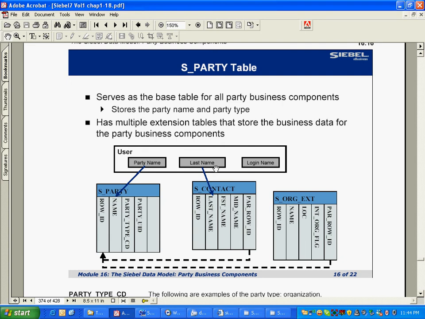An interesting thing to be noted is that contact table and party table will be having a one-to-one relationship. For every row in party, there will be one row in contact. There is a one-to-one relationship. For every row in contact, there is a row in party. Can we implement these as extension tables of each other? No. Well, yes, that's how they have done it. This is the technology behind it. They have made one central S_party table. Each and every business component, account, contact, organization, position, they all reference the party table, and they reference the rest of the things from the contact table, from the account table, from the organization table.